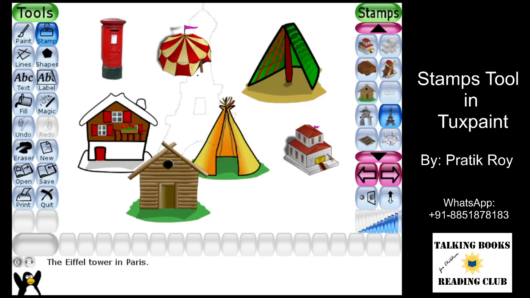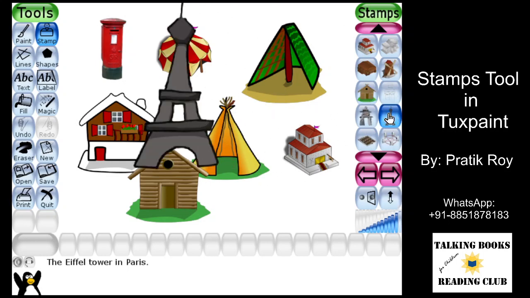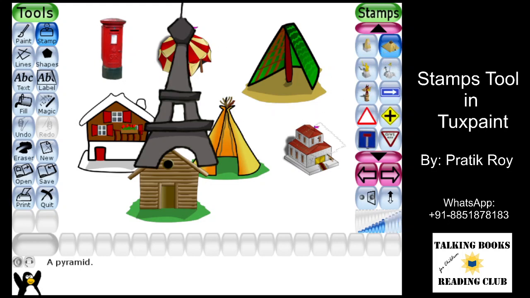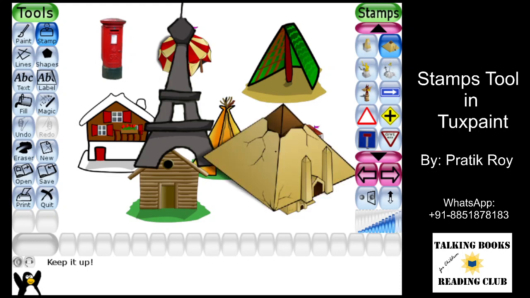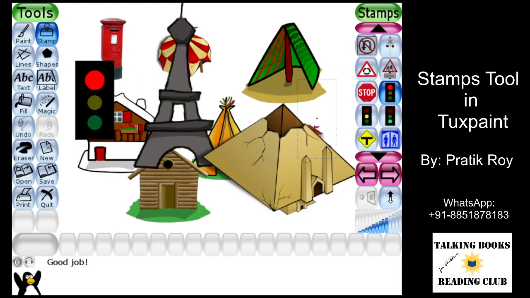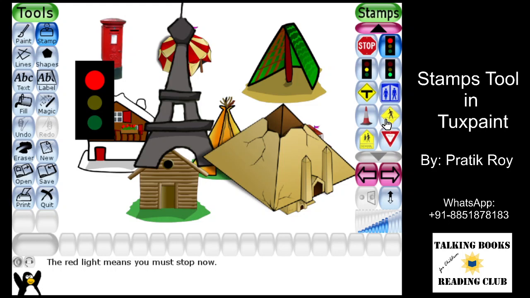Right? You can also have an Eiffel Tower to give a feel of being in Paris. You have the Egyptian pyramid as well. You can make that larger if you want. That's broken, but that's how it is. We've got some more symbols here. You've got the red light, orange light, green light, or whatever, or the work in progress.